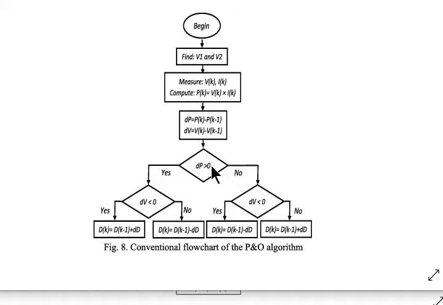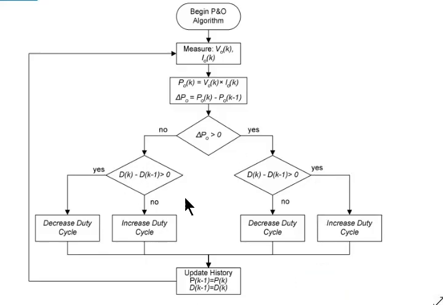If the power is decreasing, then check whether the voltage is reduced or increased. If it is reduced, then decrease the duty cycle. If it is increased, then increase the duty cycle. That's the small difference in these algorithms. I have implemented the duty cycle based one, as our function is totally based on duty cycle.